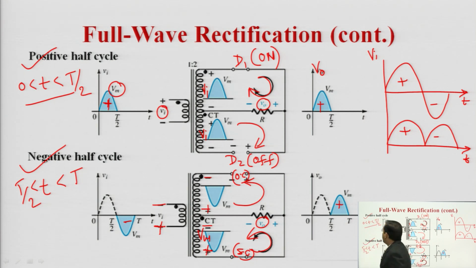The output waveform for both circuits, the center tap as well as the bridge rectifier, is the same. If the output waveform for both rectifiers is the same, then the parameters we want to calculate, which are the RMS voltage, the average voltage, the ripple factor, the efficiency and the PIV rating, can also be evaluated. The PIV rating will be different for both circuits, whereas the other quantities will be the same.